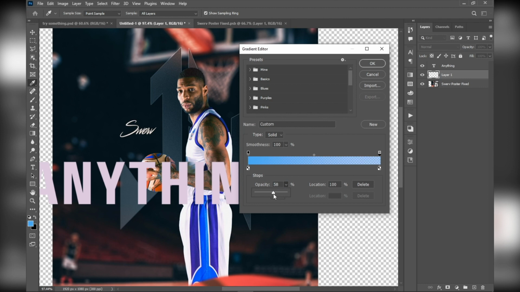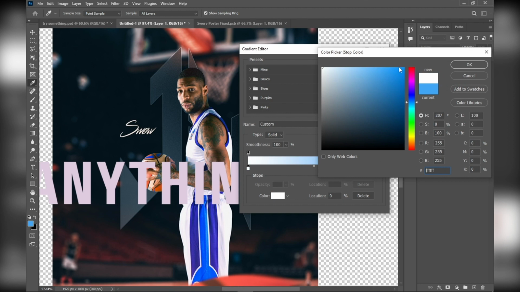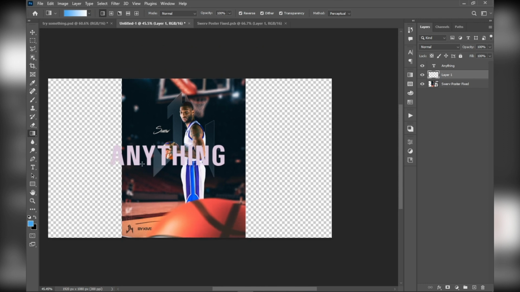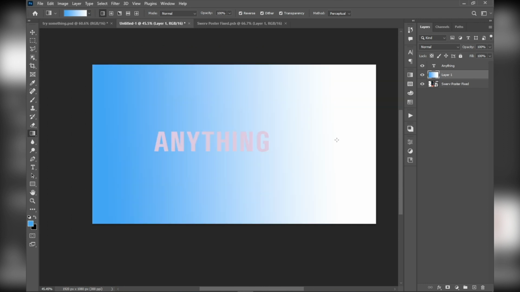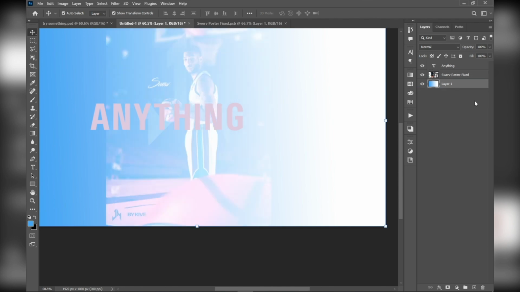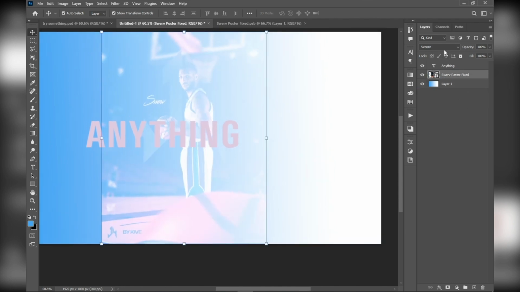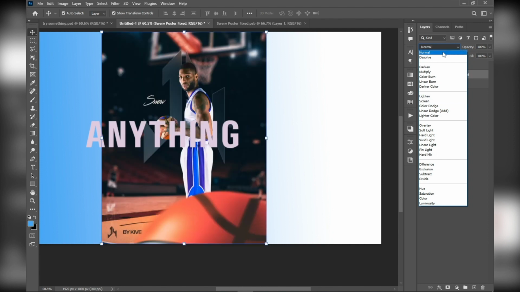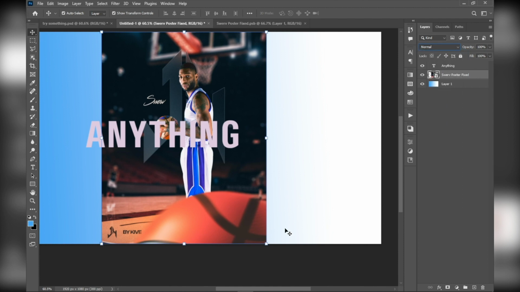Then click over here and move it like this. Just click on the title and slide it over left to right, and let's choose our color. Like we can change this to white, it might be nice, and let's click OK. And yeah, let's give it a gradient. It sucks, but yeah, you know how it looks. So let's move this layer behind this layer, and remember we changed our color blend to screen, so it is screen. Let's again turn it to normal,